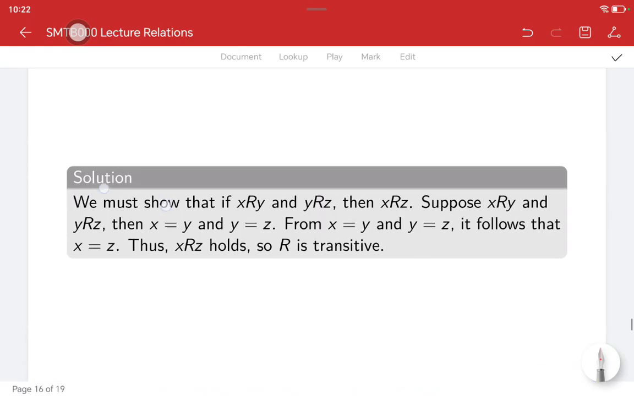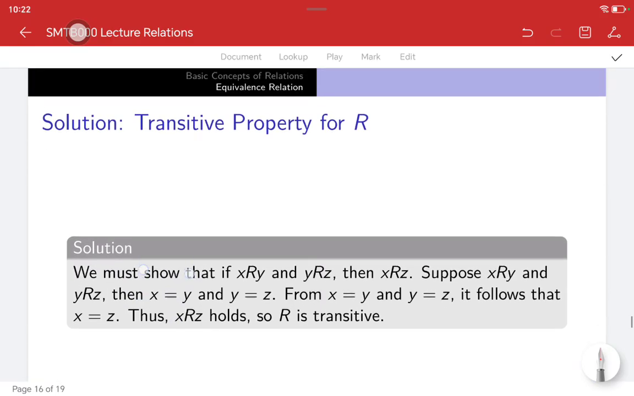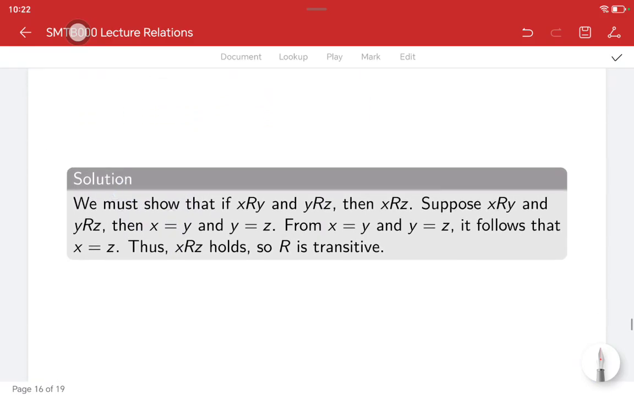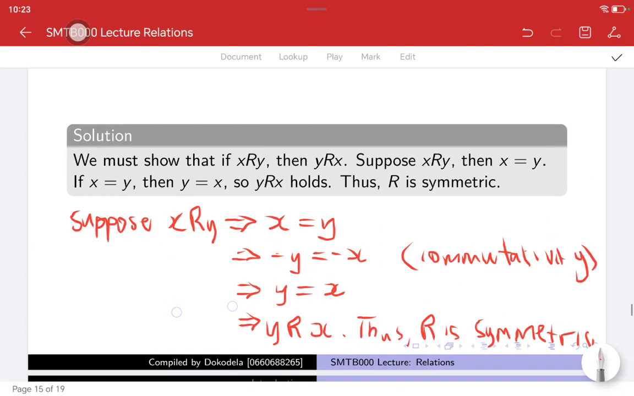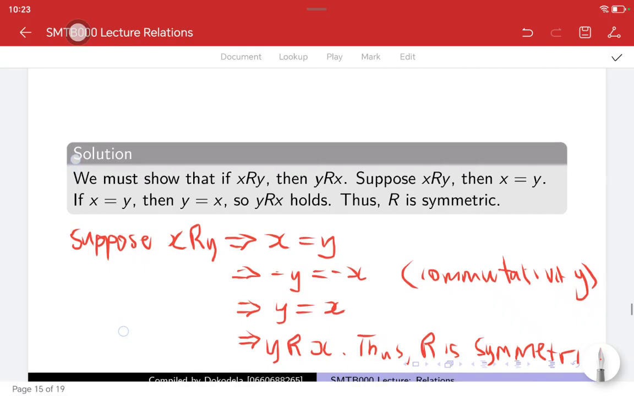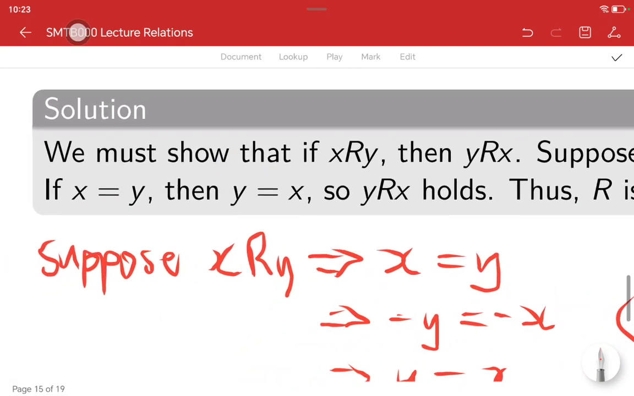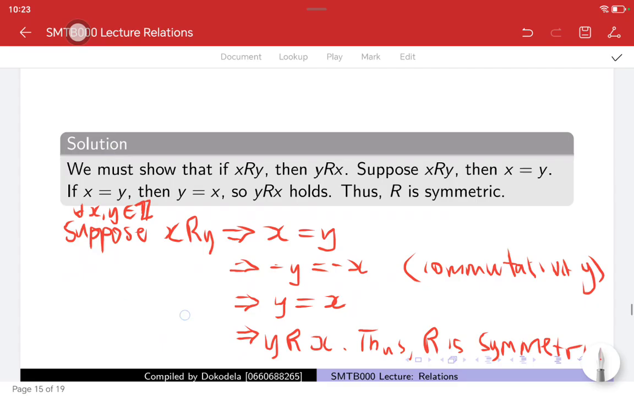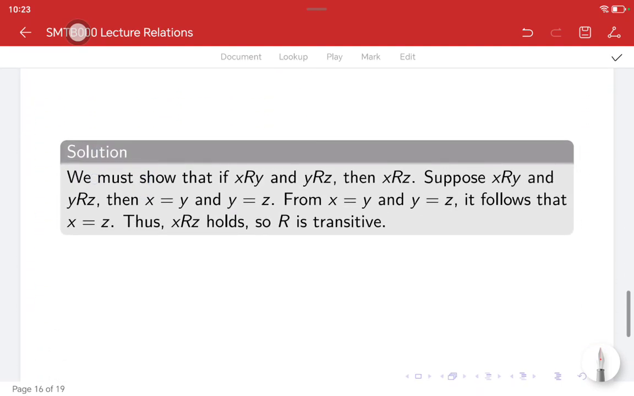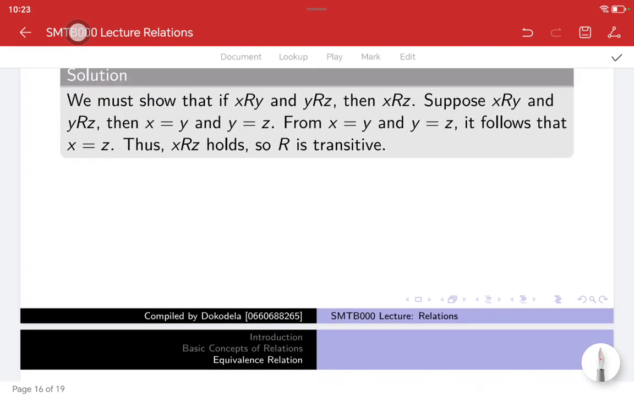So now we must show transitivity. We must take three elements first. Here I didn't take those elements. I should have said first for all X, Y element of Z. So now I'm going to take three elements here for transitivity. Say for all X, Y, Z